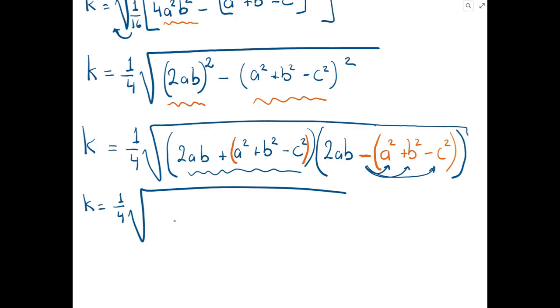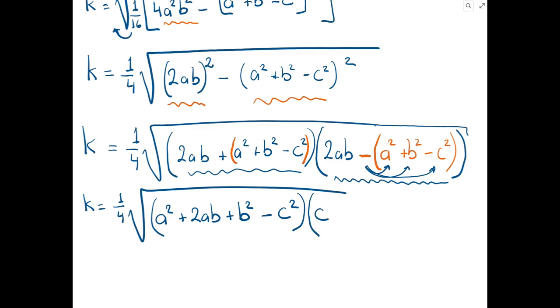So I'm going to have a squared plus 2ab plus b squared minus c squared. That's my first one. I just rearranged what was inside, and now I'm going to distribute this negative and rearrange the inside here. So distributing the negative will make it a negative a squared, negative b squared, and a plus c squared. So I'm going to say, okay, then c squared